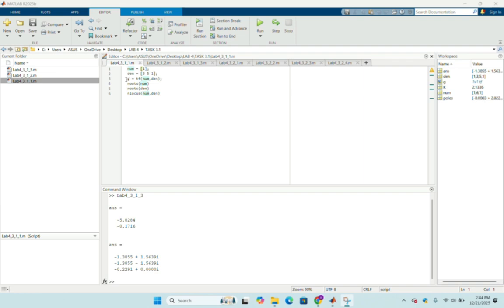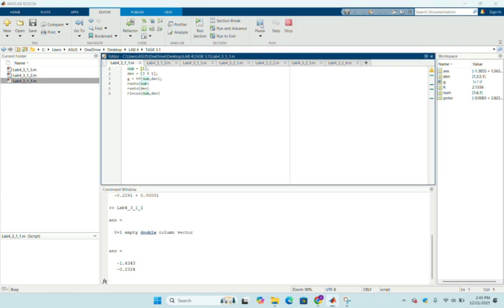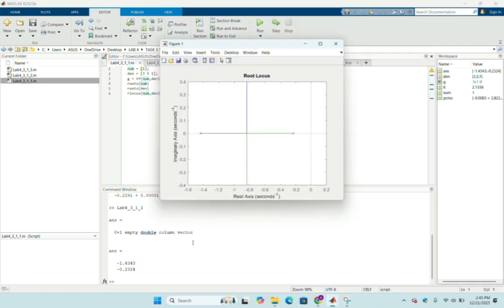Then roots of the numerator and roots of the denominator, because I want to find how many poles and zeros are in my graph. Then rlocus for the numerator and denominator, because I want to find the root locus in my graph. So I run it, and this is my answer. In this graph there are two poles